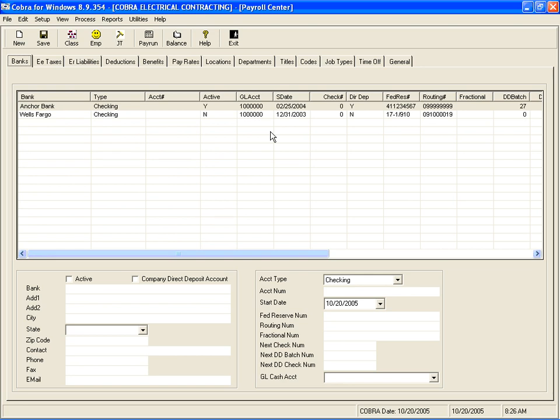Welcome to payroll lesson number 1 on setting up the general tab. When we come into the payroll program, this is what it looks like, and we're going to set it up in a logical sequence of events. But the first thing we need to do is work in the general tab, so I'm going to click that